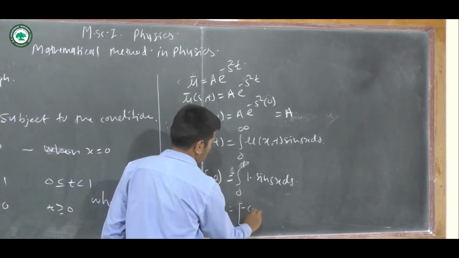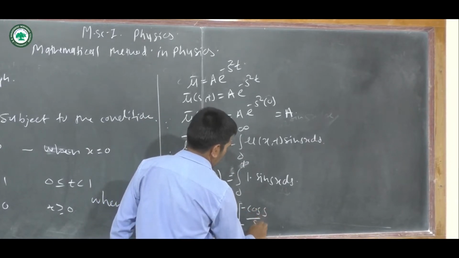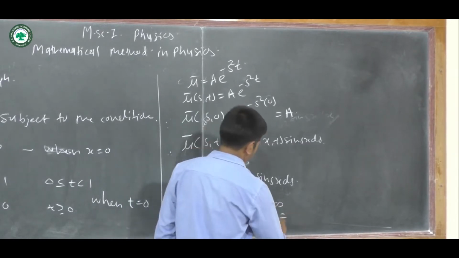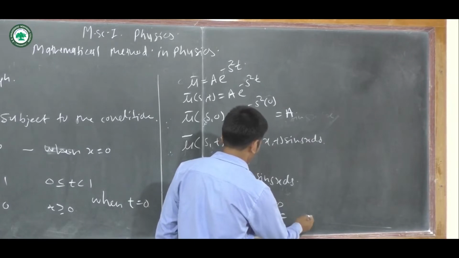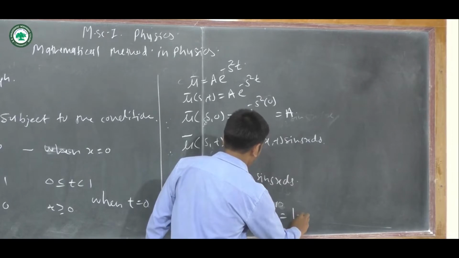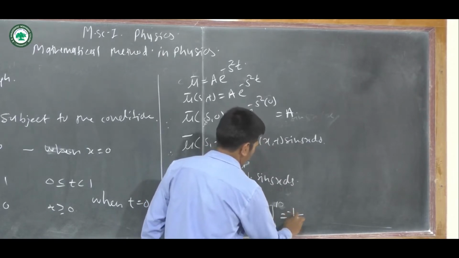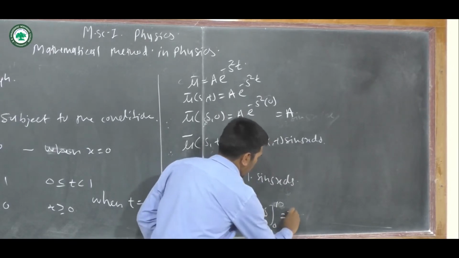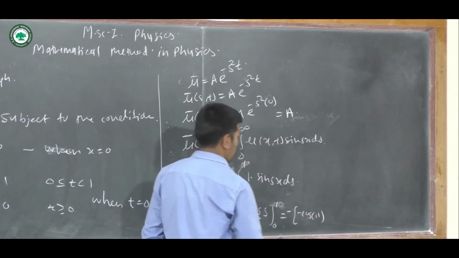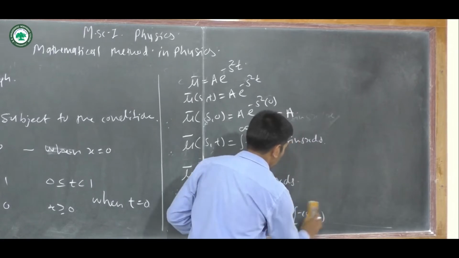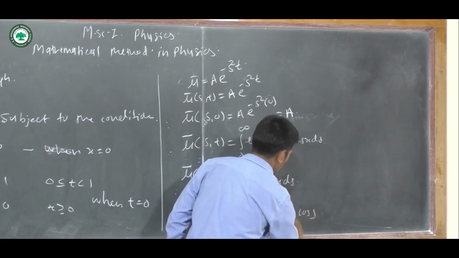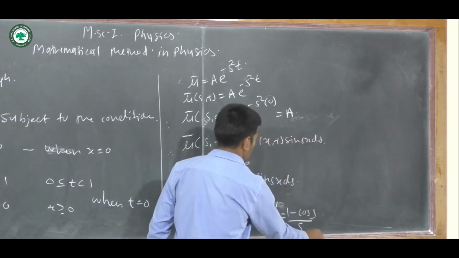So it is minus cos sx divided by s, from 0 to infinity, or here 0 to 1. After substituting the limit, it is 1 minus cos s divided by s. Okay, so this is